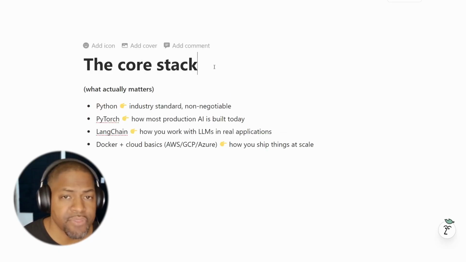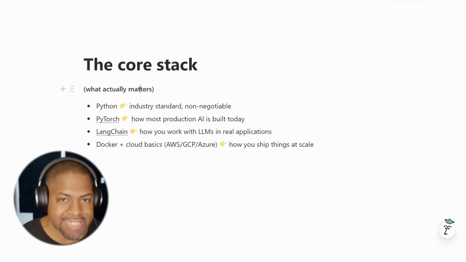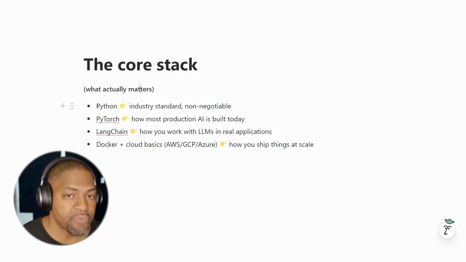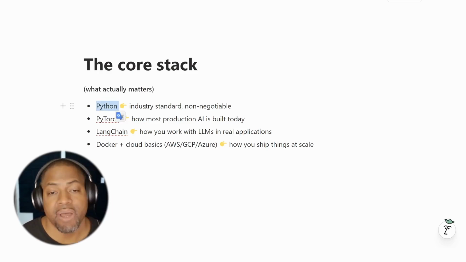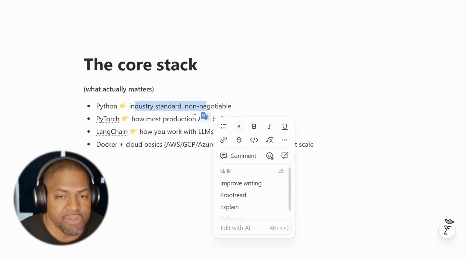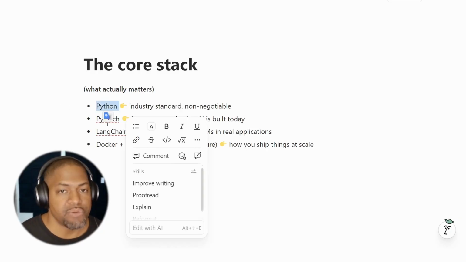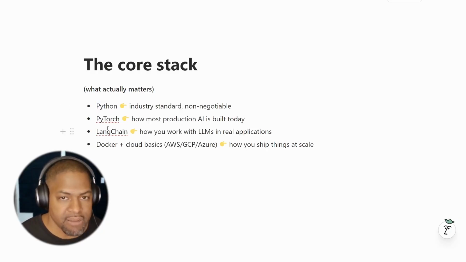Let's talk about the core stack that actually matters, the tech stack that you'll be using today for AI engineering. Right now, the standard language is Python. It's the industry standard. It's pretty much non-negotiable. Yes, you can do AI engineering or coding in other languages, and where you work, they might switch to another language specifically, but the standard is Python. You would learn that if you want to understand papers or look at actual code or APIs.